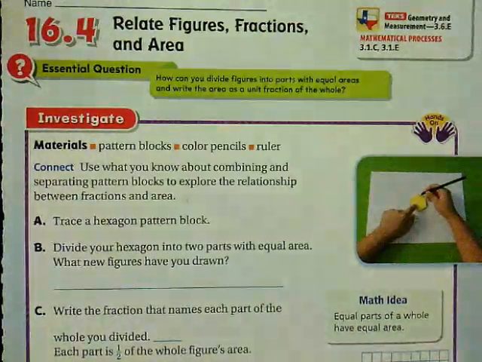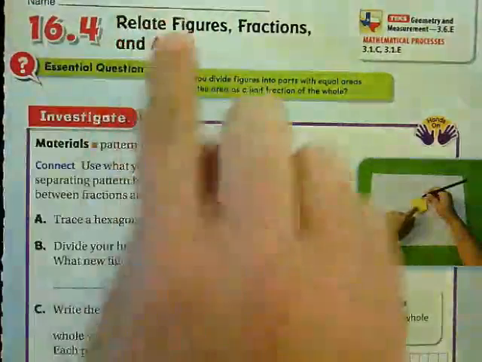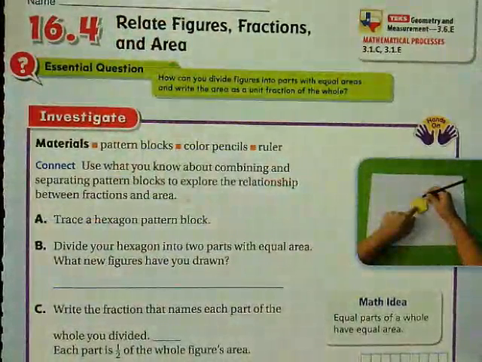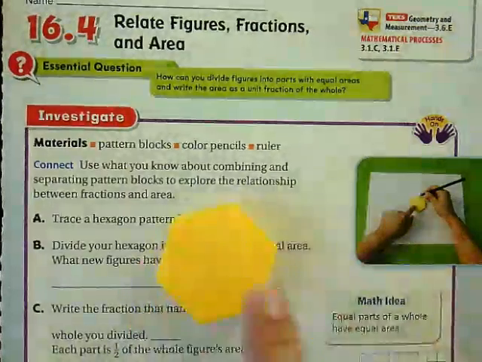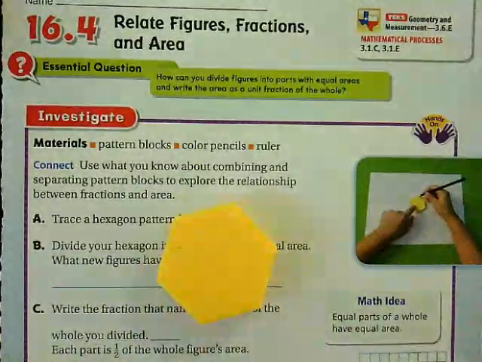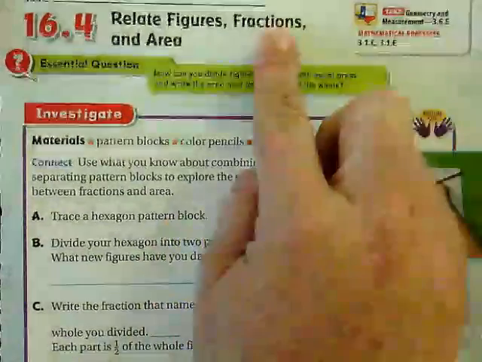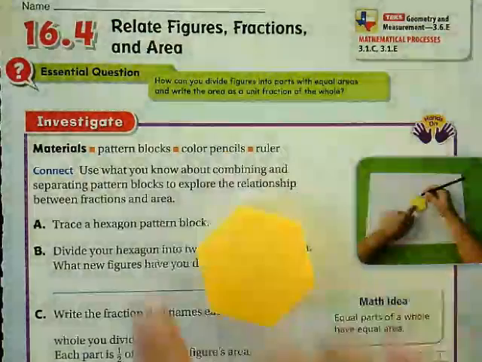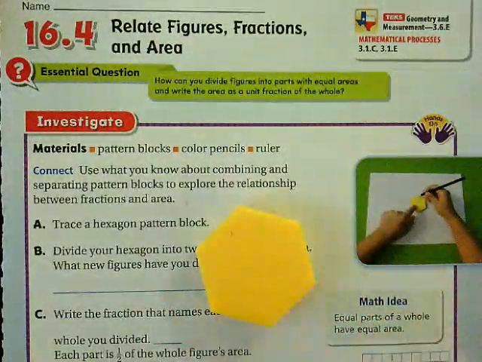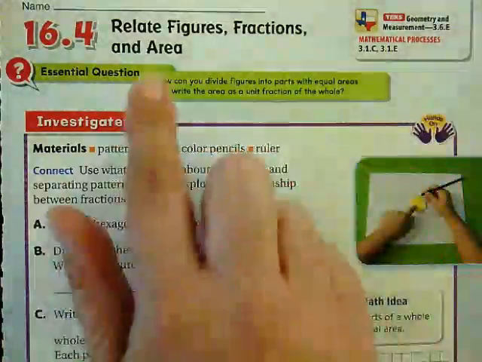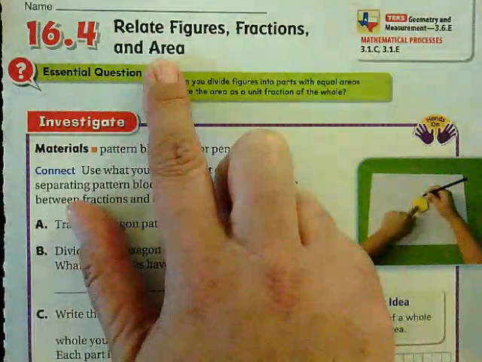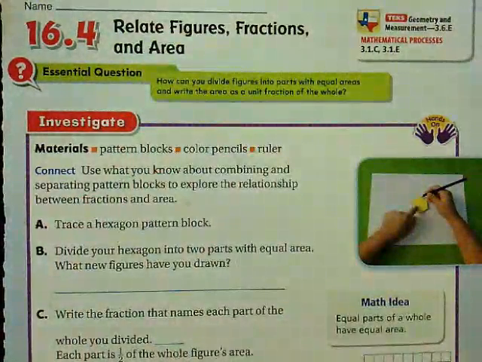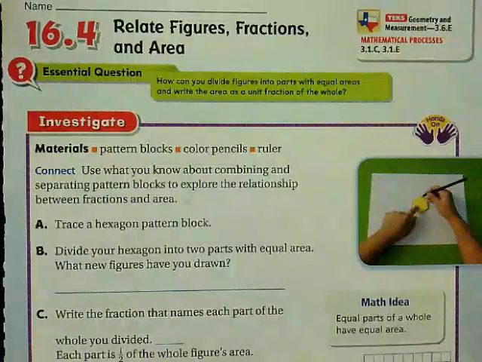Hi everybody. So today we are doing 16.4, which is relate figures, fractions, and area. So we have different types of figures. They're talking about two-dimensional shapes. Fractions, which we know how to work with. You take a whole unit and you divide it into individual units. And we can work with unit fractions. And then area, which is what we're learning about this week. So how much space does something take up? So today we're going to put all three of those things together and figure out how we can name things